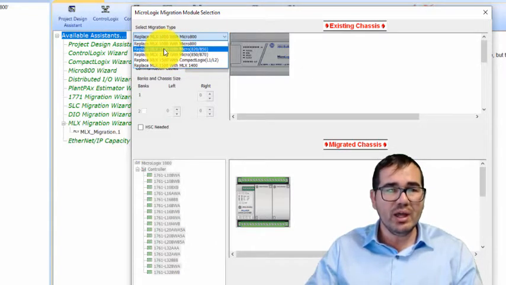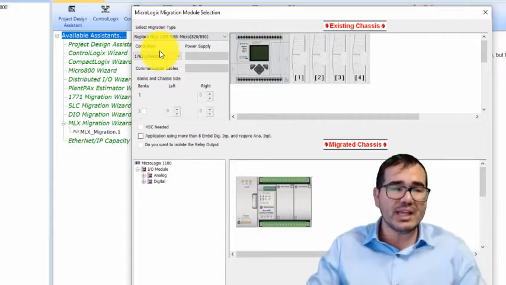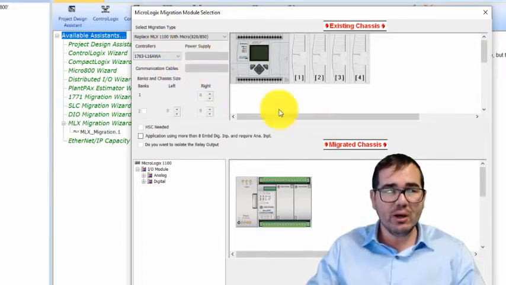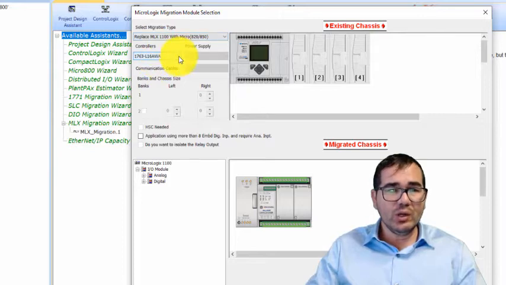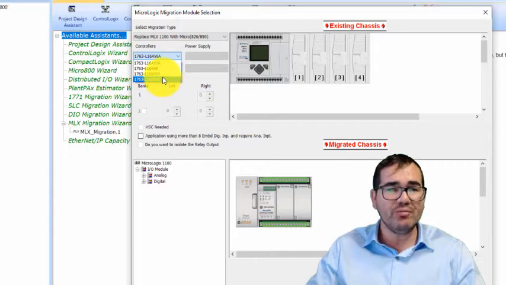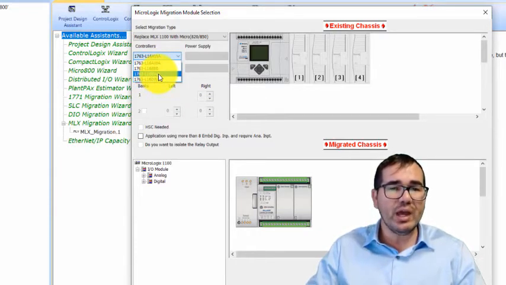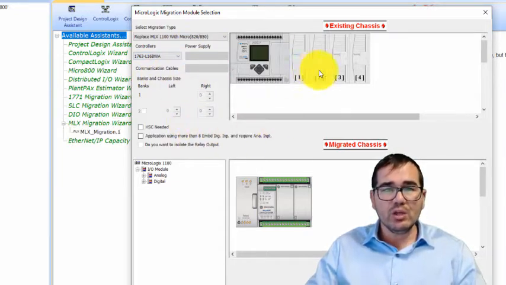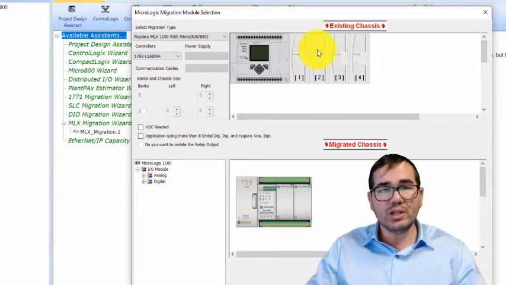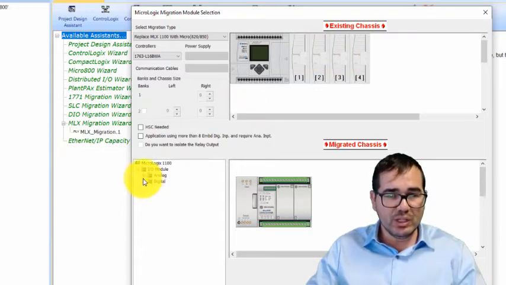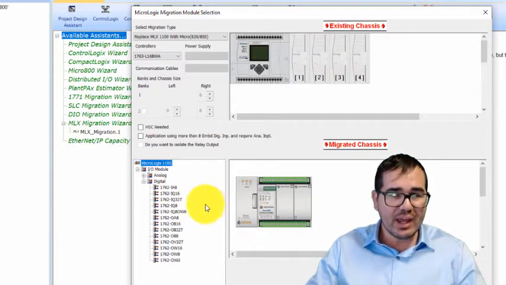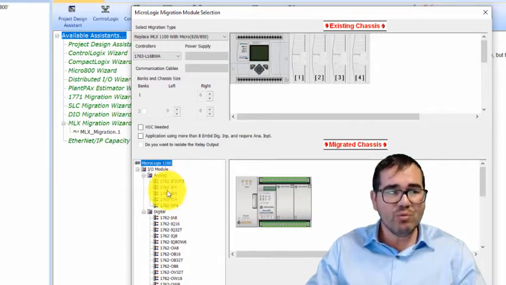So I'm going to click over here, 1100, because this is the PLC that I have. Now you can choose the controller, or the part number of the CPU that you have. In my case, I have this CPU here, L16BWA. So I click over here. If you have an input or output card, the expansion card, you need to click here. In my case, I have the digital, or if you have the analog, I have one analog here, so I'm going to click over here,